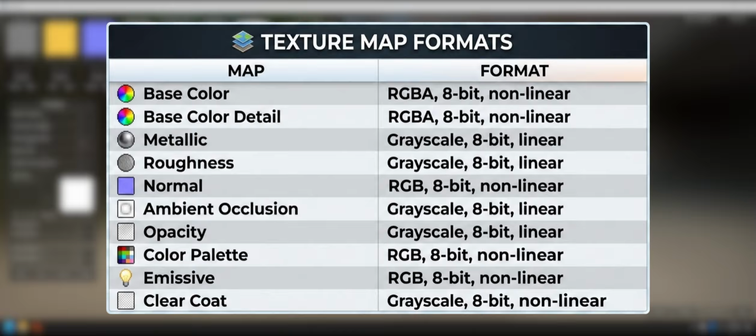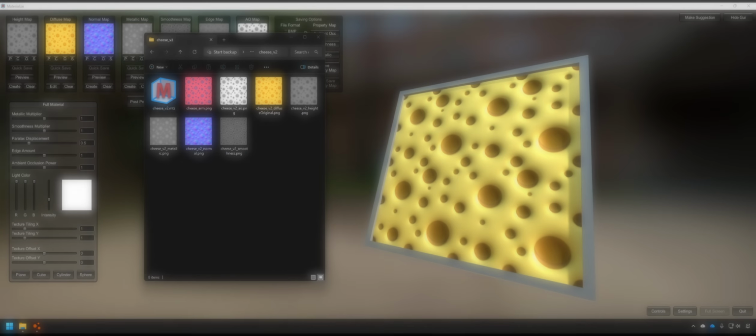These are not hard and fast rules. If you have a 16-bit nonlinear metallic map, for example, it will still work. But a 32-bit linear normal map, for example, will not work. The textures we generated from Materialize should work just fine, but if for any reason you need to change the